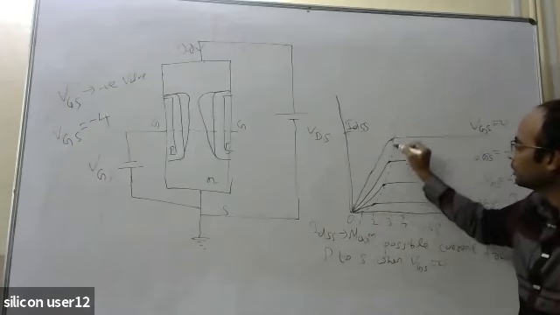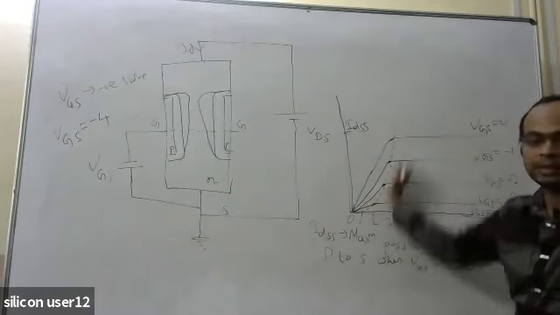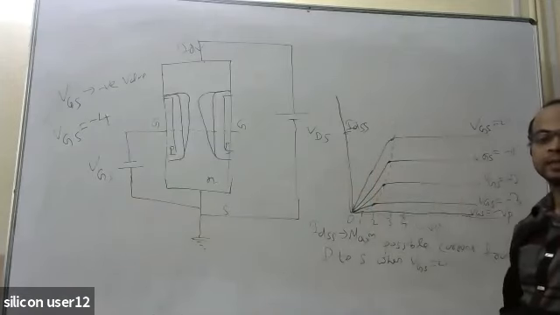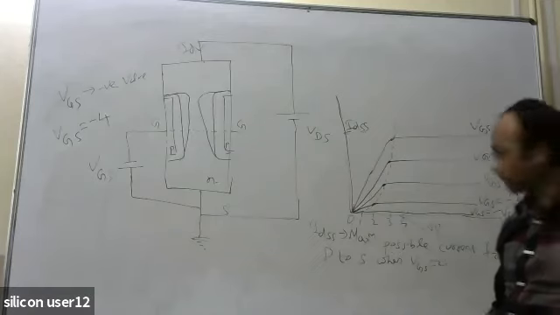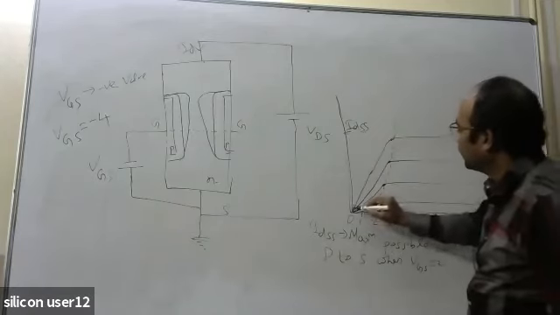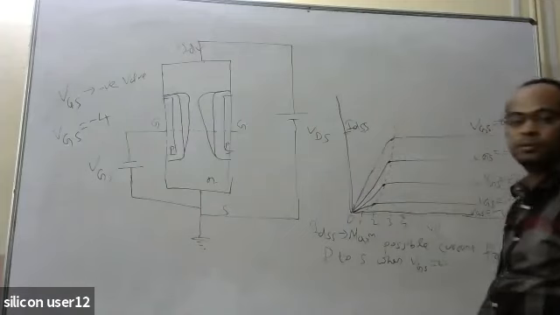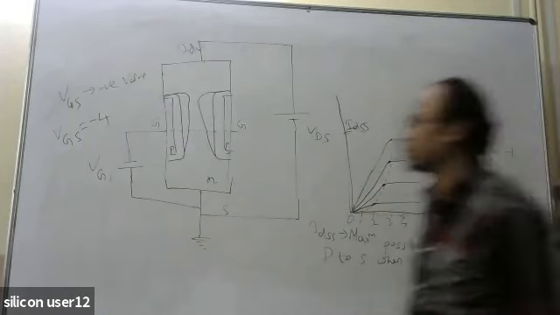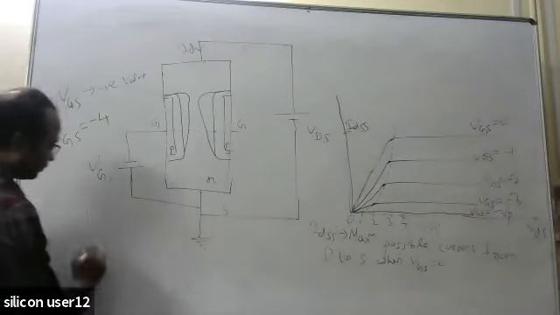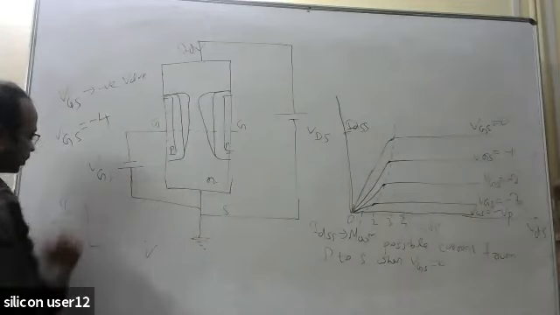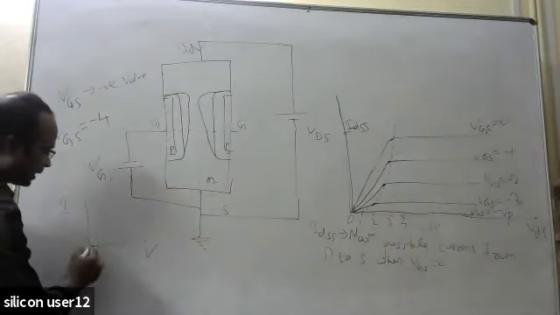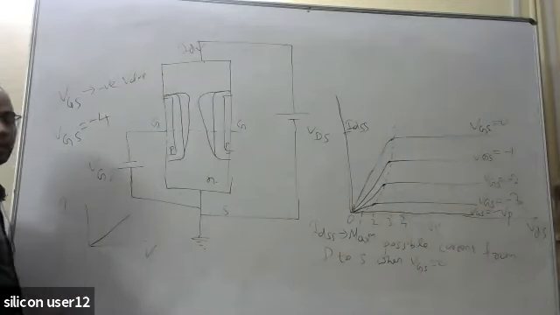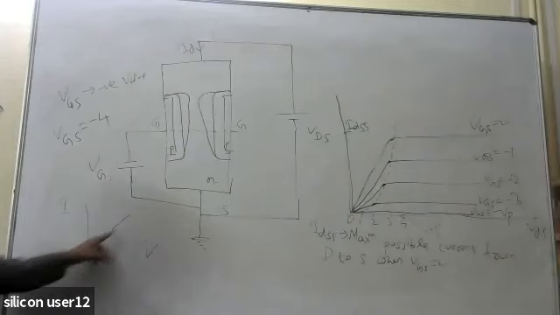You can just make a locus or path, before which the characteristic is different and after which the characteristic is different. Okay. So here you can mark that till this point it is acting like a resistor. If you talk about a resistor, how is the characteristic of the resistor? Suppose a simple resistor, V versus I. Okay. With an increase in V, current will increase, and the characteristic will be like a straight line.